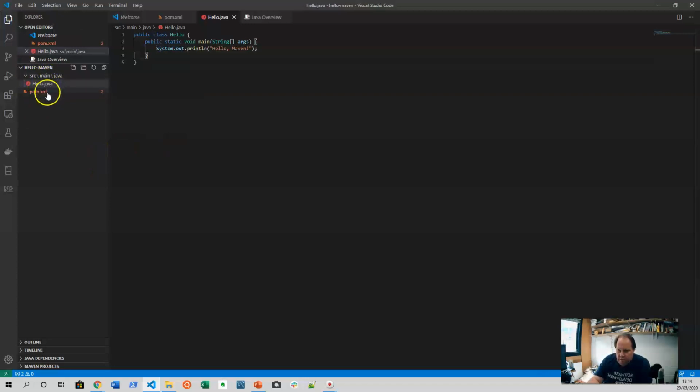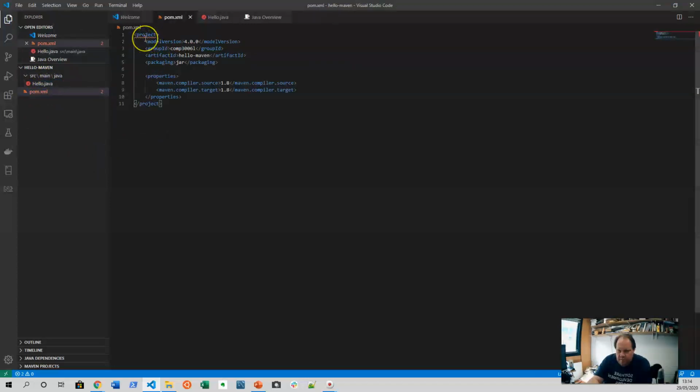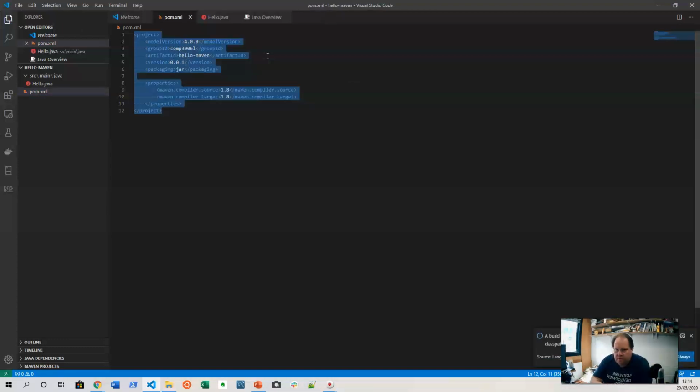I have a problem with the POM file, which shouldn't be a problem. Yes, it's even telling me that there's a problem, which is I forgot the version 0.0.1. So I've got to add in the version of the project, which is there. So I'm having 0.0.1. It's giving me some stuff. Can I synchronize the Java class path configuration? So if I click